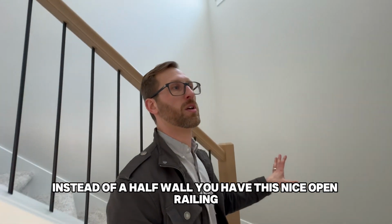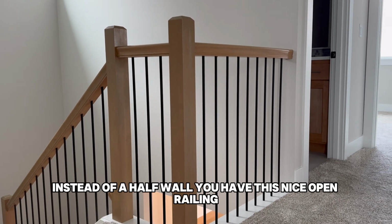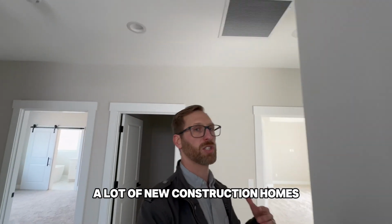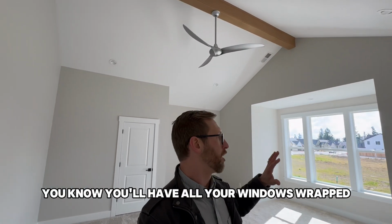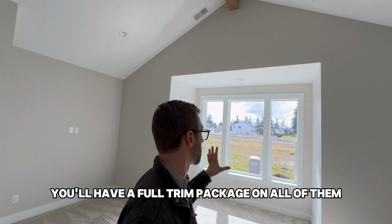Instead of a half wall, you have this nice open railing, so that's a big plus. And a lot of new construction homes, the builders will do your trim package. They'll do it really nice on the downstairs. You'll have all your windows wrapped, a full trim package around all of them, but then upstairs they'll just do wrapped sheetrock